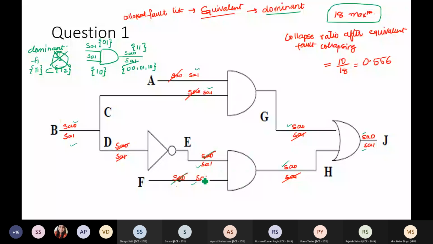Nothing is removed here. But if I look at this OR gate, now I have stuck at zeros at input and output, with stuck at 0 or stuck at 1 both present. So if I apply this way of finding out the dominant faults, I will find out that this stuck at 0 was detected with